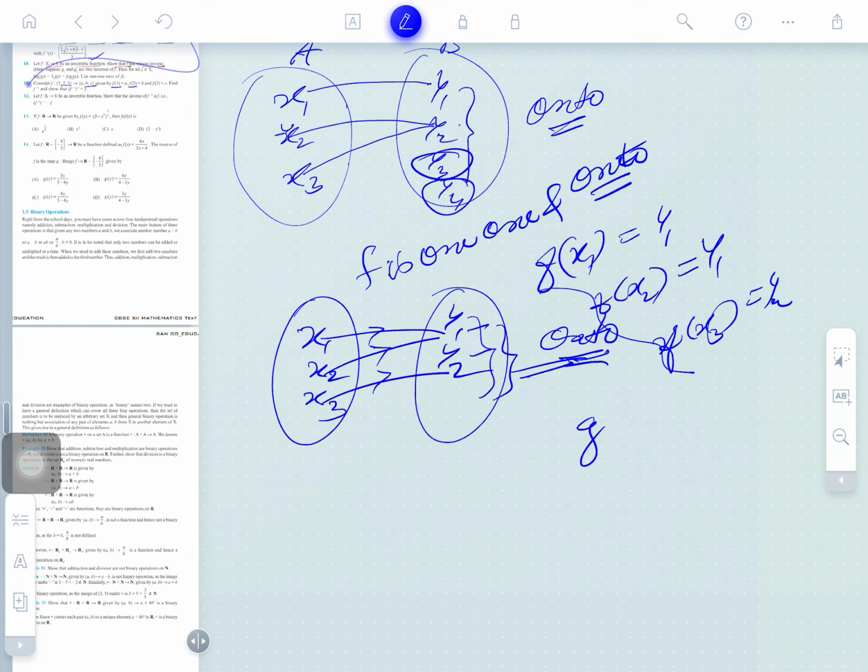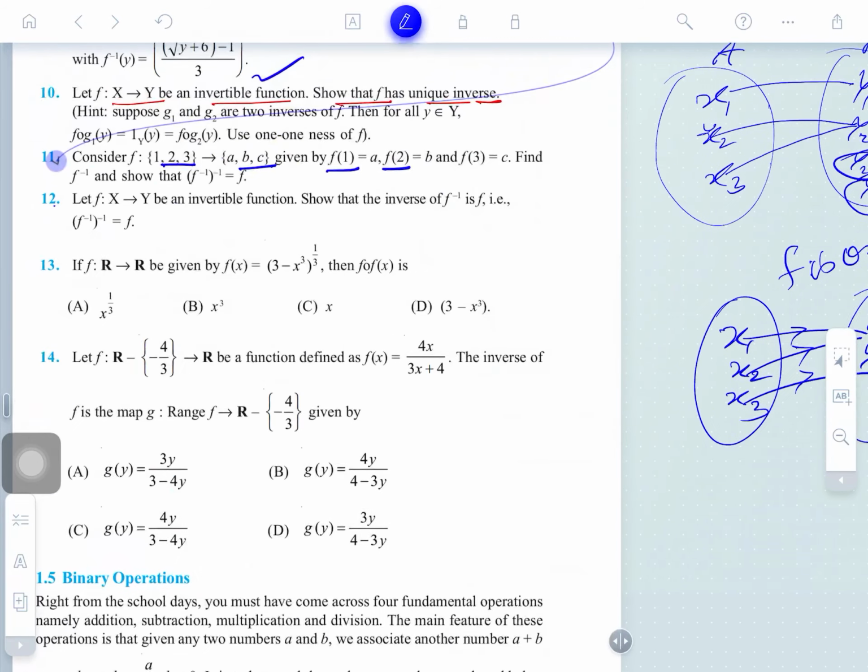If we take another function g, g of y1 is giving you what? It is giving you x1 and also x2. So under the same function, one element is associated with two images. Obviously, there is no function in which a single element can have two images. Is that clear? So the function g is not possible here. Well understood or not?